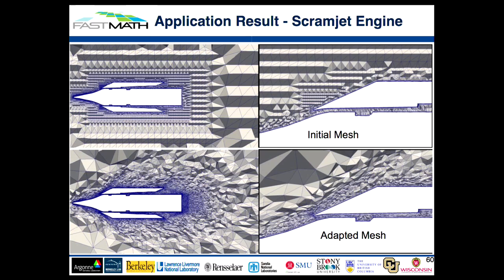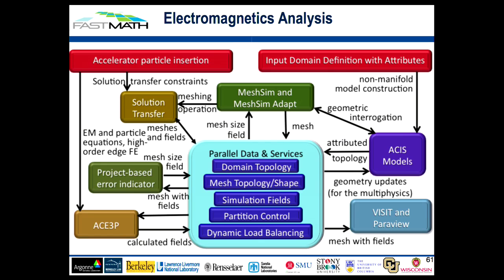In this case, it's a hypersonic vehicle in which we're doing adaptation with, you can't see them on there, but there's adapted boundary layers with elements of aspect ratios greater than 1,000 to 1, right? For the SLAC people, there's the ACE3P code that solves electromagnetics problems. In this case, the models are ACIS models, and the meshes either come from